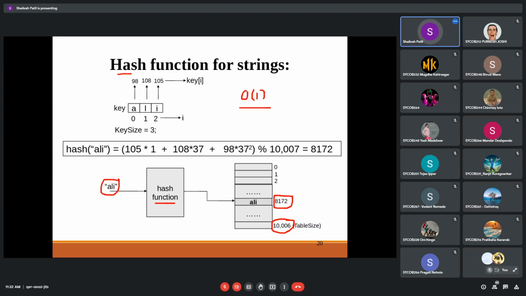But after random placement, if you sort, you will get a considerably good sorting complexity also. But the main reason we are using a hash function is to get O of 1 insertion and O of 1 searching of an element in the particular table. These things we do in normal arrays also, but the hash function is very important for this point.